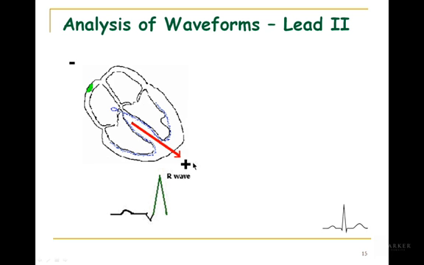It's upwards deflected because we're running towards the positive recording electrode. It's big because you got a lot of muscle, plus it's running pretty close to parallel to the lead axis. Okay. Now